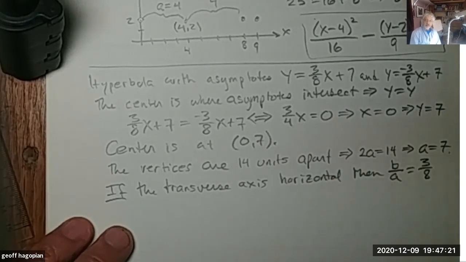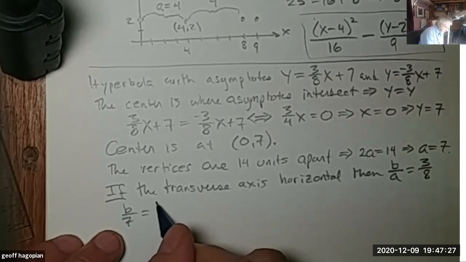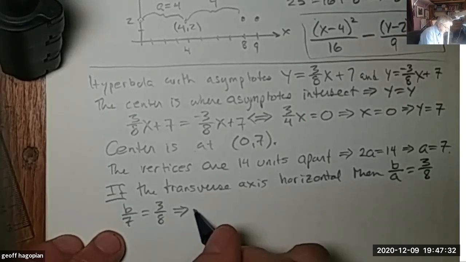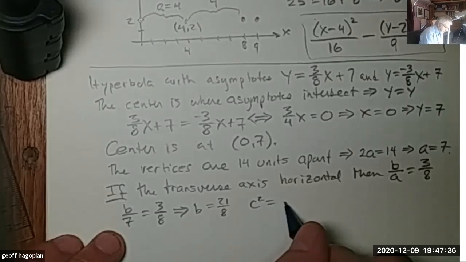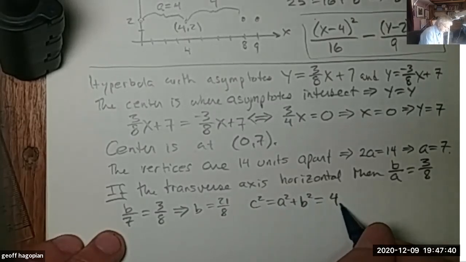So we know that a is 7, so b over 7 is equal to 3/8. We've got another one of these monster parameter-driven things. So b is 21/8, and c squared is equal to a squared plus b squared, which is going to be 49 plus